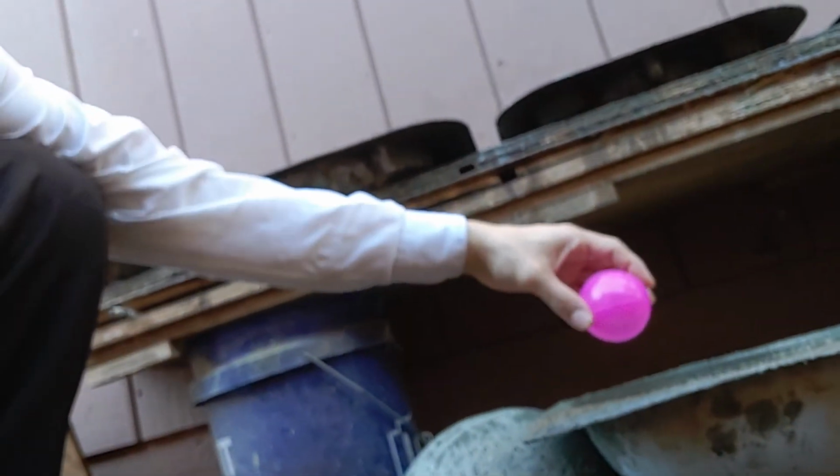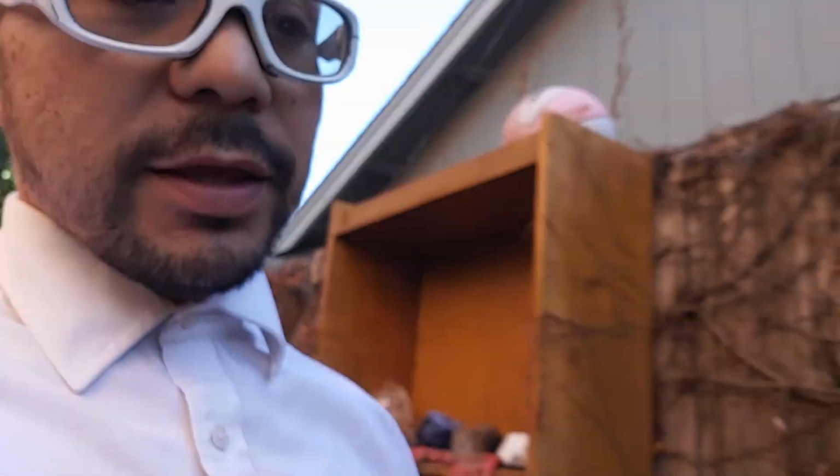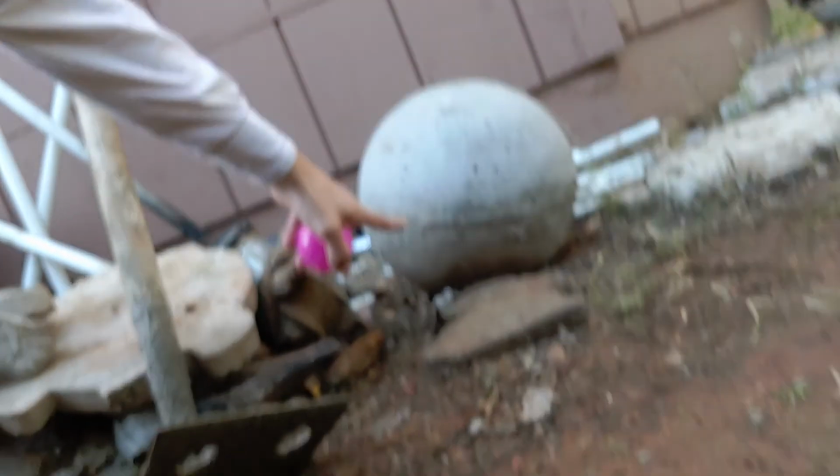This one, half a ball. And it makes this one right here. And I actually put some together so I can make a ball. That one. And this one. But anyway,